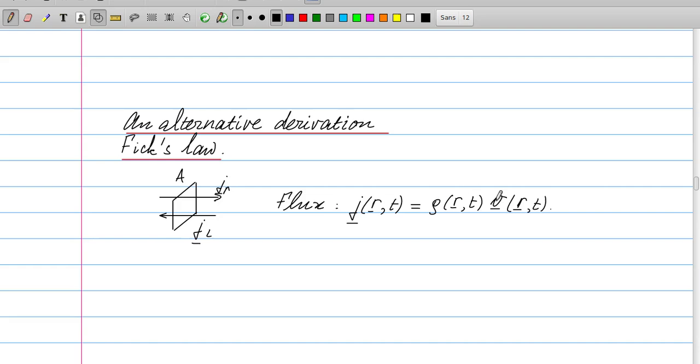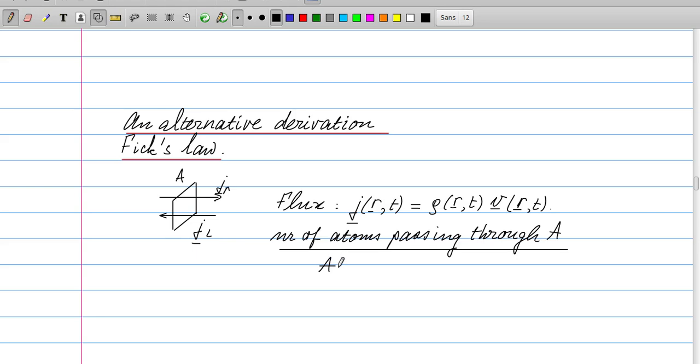that's the density of the particles, times their velocity. So I have here a small surface area A, and the flux is just the number of particles passing through A, and I divide it by A, so I calculate it per unit area, and I calculate it per delta t, so these are the number of particles passing through A in time